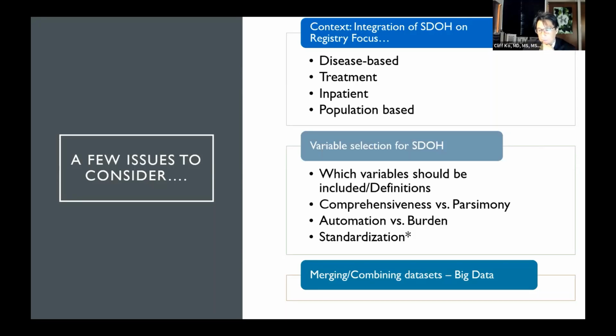Another issue is comprehensiveness versus parsimony. Just from what Dr. Moy and Dr. Murphy have talked about, there are a number of ways to measure it. There are a number of granularity levels to go into to measure these things, and so it could be very comprehensive. And that gets to the next thing: how can we automate these, or is it a burden to collect this data? If we have people on the front lines asking 5 questions or 15 questions or 45 questions, there's a difference there.